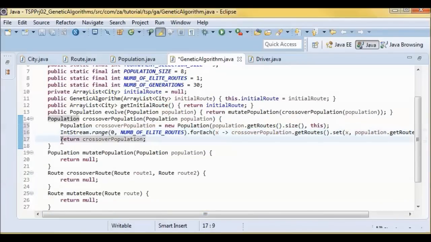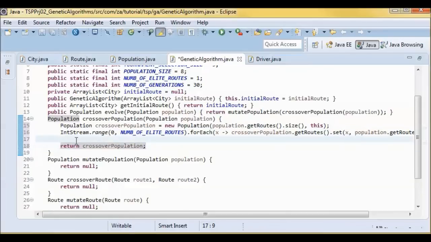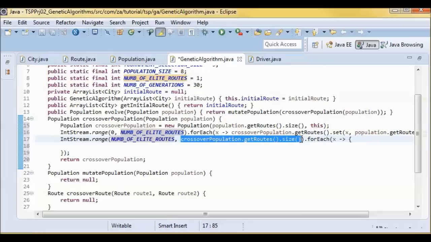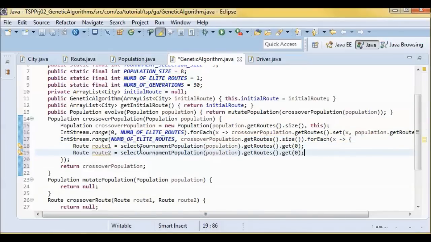And for the remaining ones in the old population, so we'll start from the number of elite routes, and go to crossover population dot get routes dot size, and we will use tournament selection to pick up 2 routes.